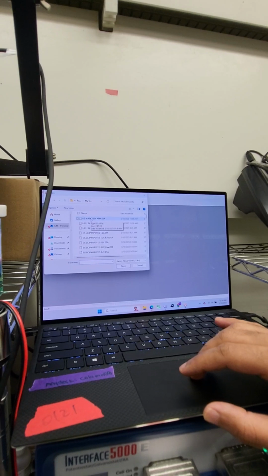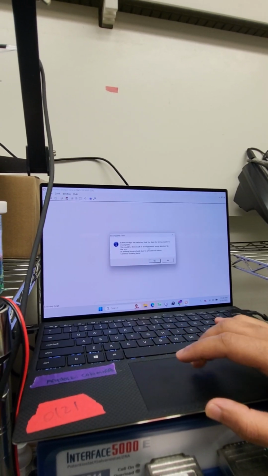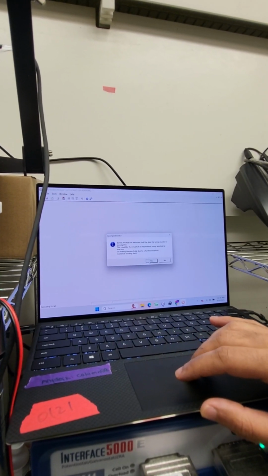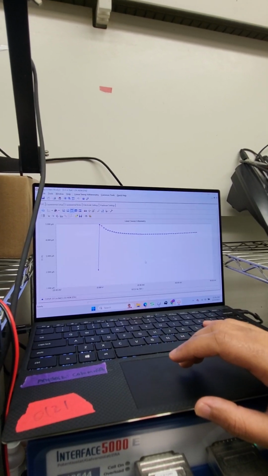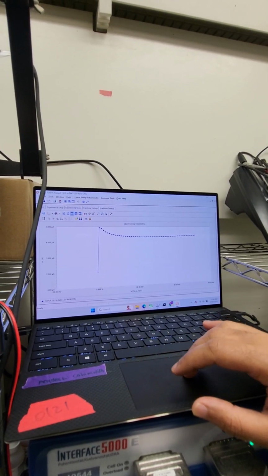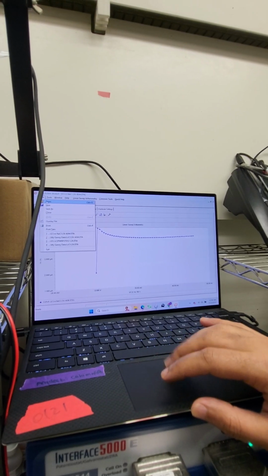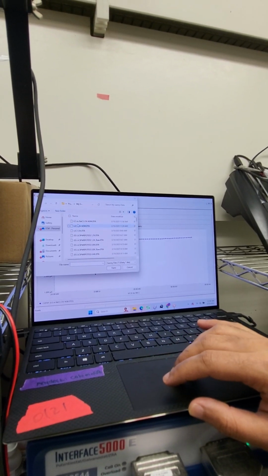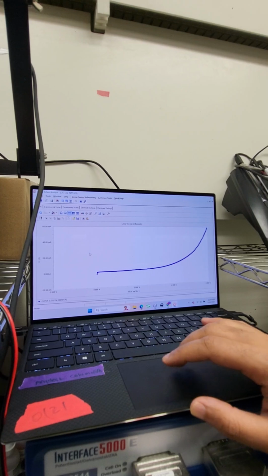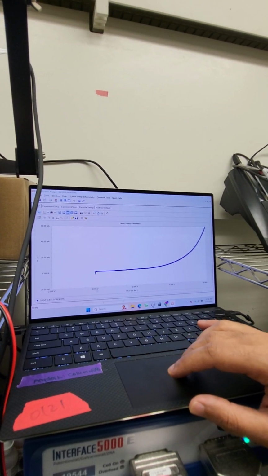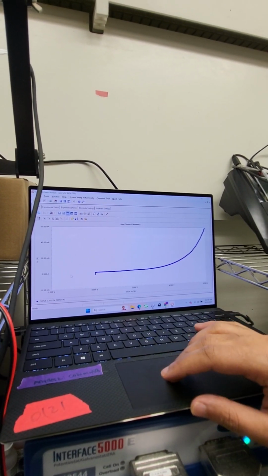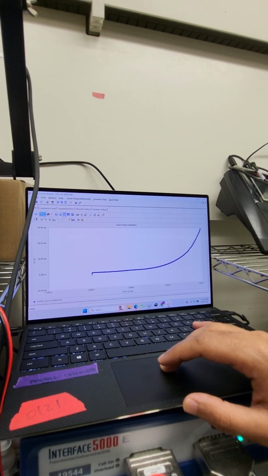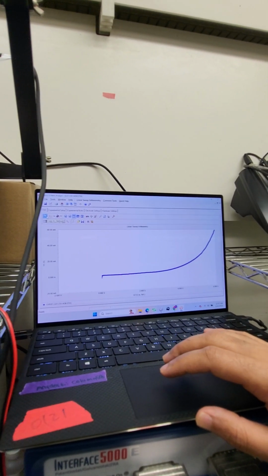In Echem Analyst, we will open the curve which was recently saved. Let's say recently I did this LSV. It will ask something, and we need to click yes, and we get this kind of thing. This is the curve we just did, but I'm showing you the curve I did before. It's voltage from 0 to 6 volts, and we are seeing the current. And once we are here, you can